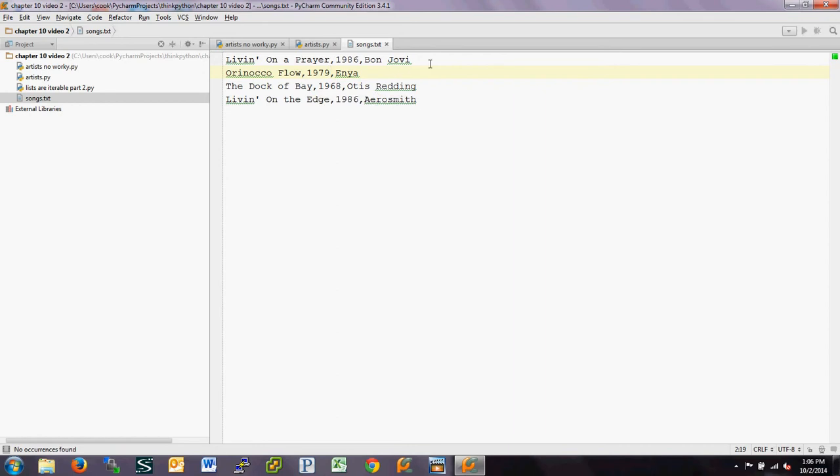So I have these in a text file, but I want to be able to run a program where maybe I can add artists to this list, or maybe I can delete artists from this list. And I'm giving you a hint as to how we're going to do this. We're going to use lists. And you might notice that these are separated by commas, which might give you a hint as to something else